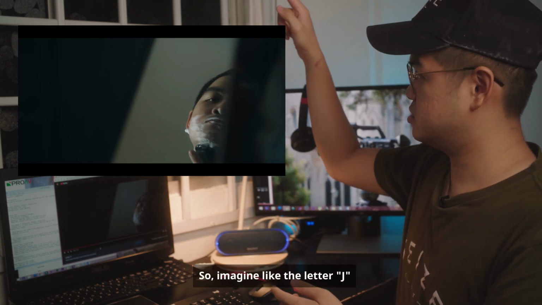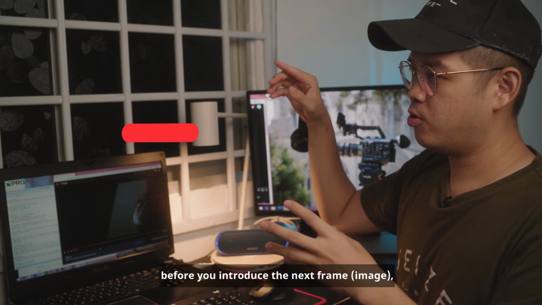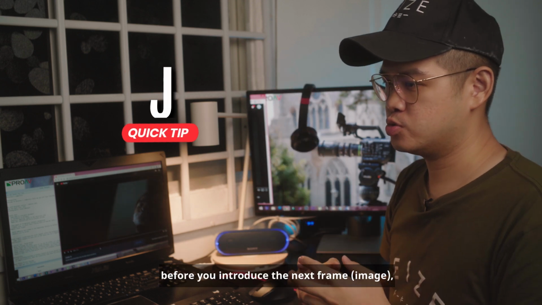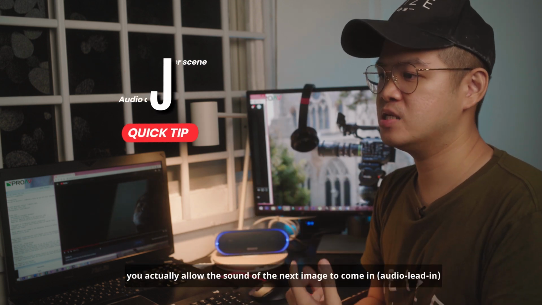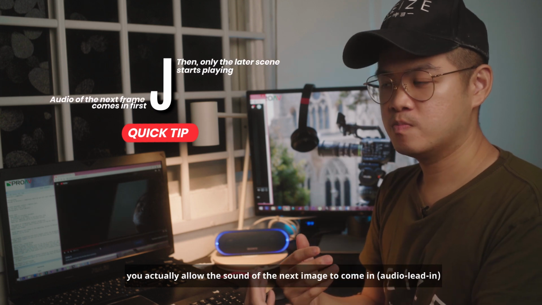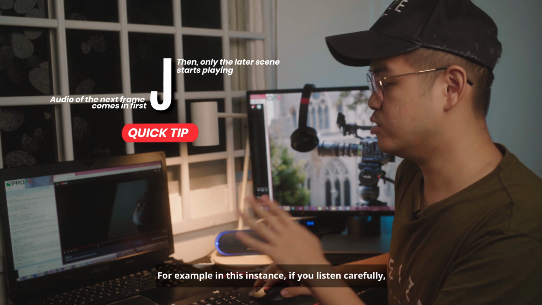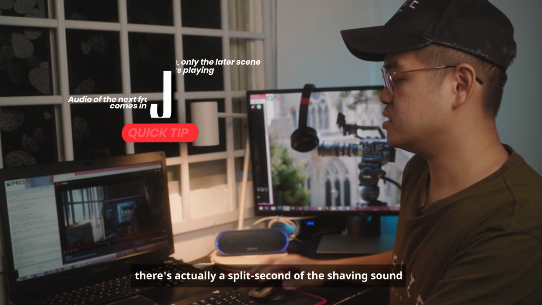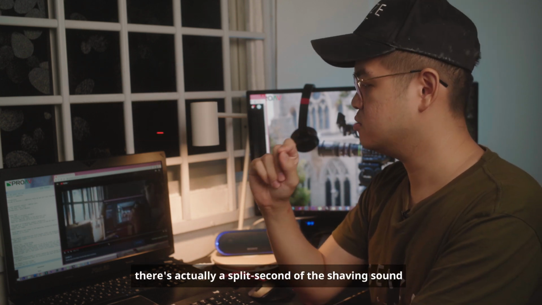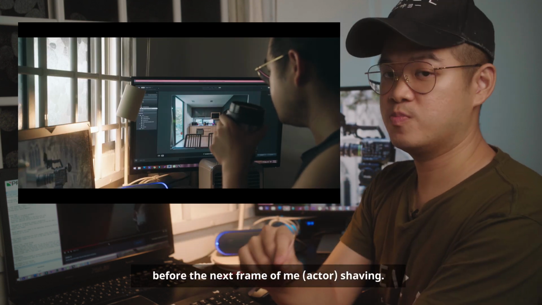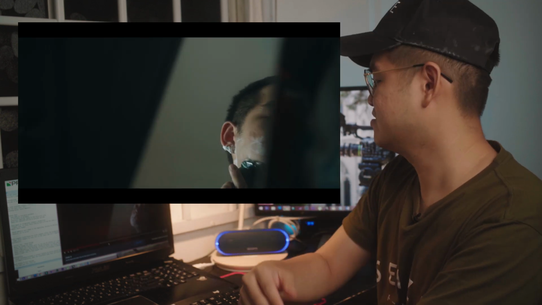Like the letter J, before you introduce the next frame, which is the image, you allow the sound of the next image to come in. For example, in this instance, if you listen very carefully, there's a split second of the shaving sound before the next frame of me shaving.